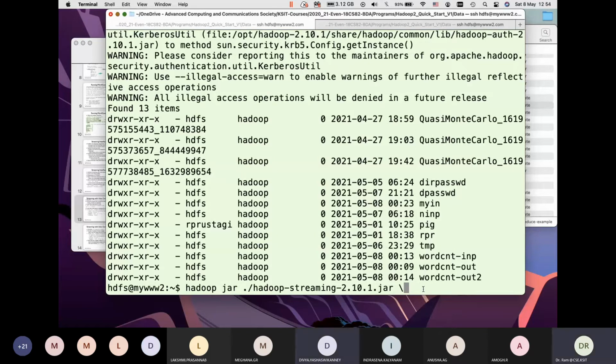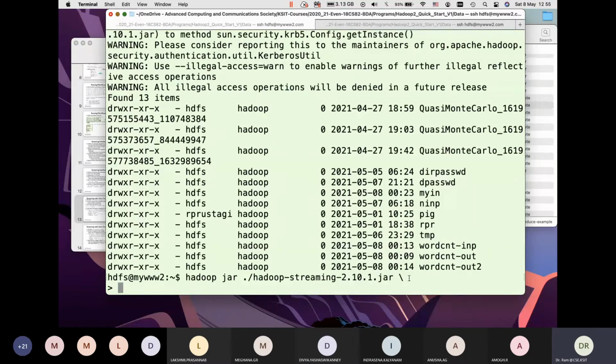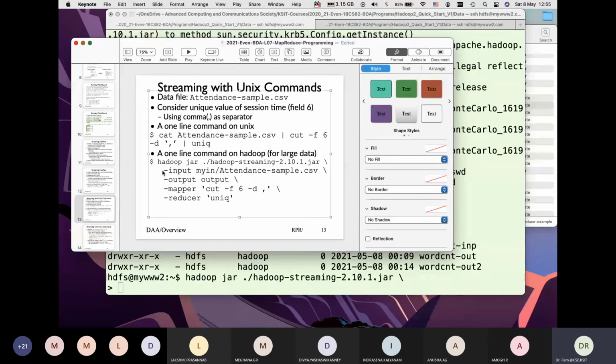So when I press it, it basically indicates that my line is not over. The line is treated as a continuous line. If I don't give a backslash, that means the command is over and it tries to execute. So backslash at the end means my line is continuing, and so continue with that mode. And that's the meaning of backslash. So effectively, if you look at the whole thing, we treat it as one line.